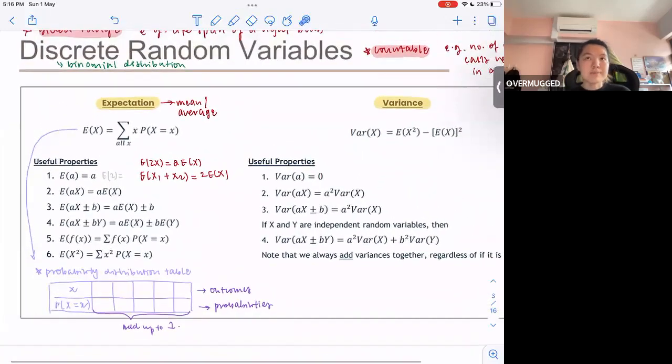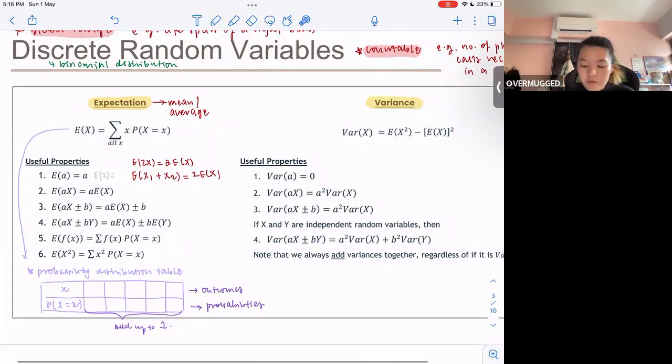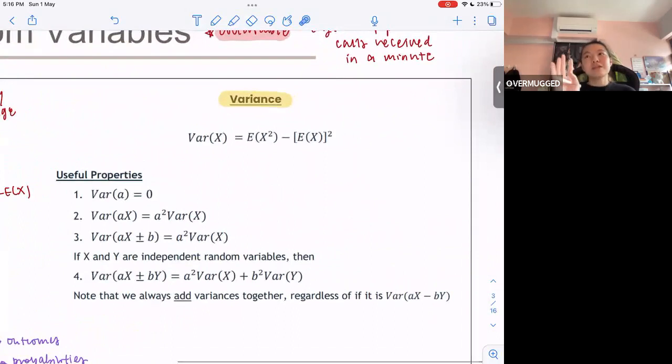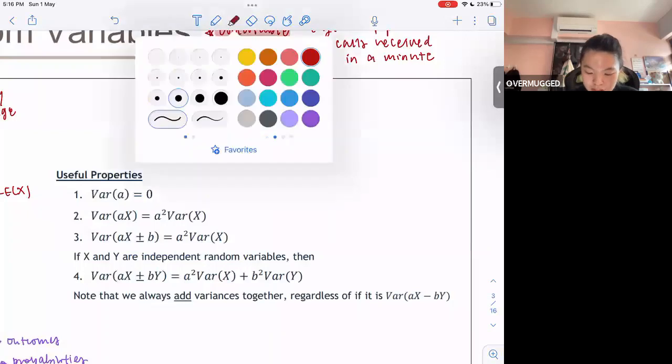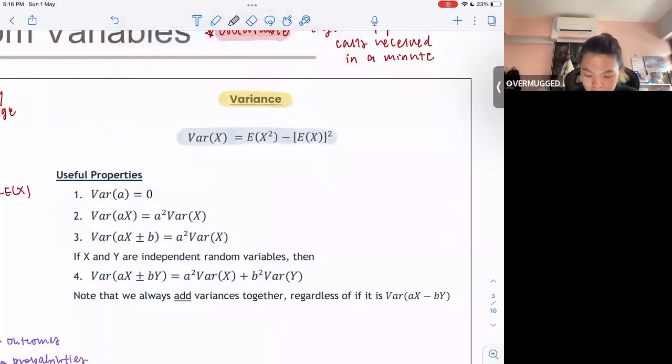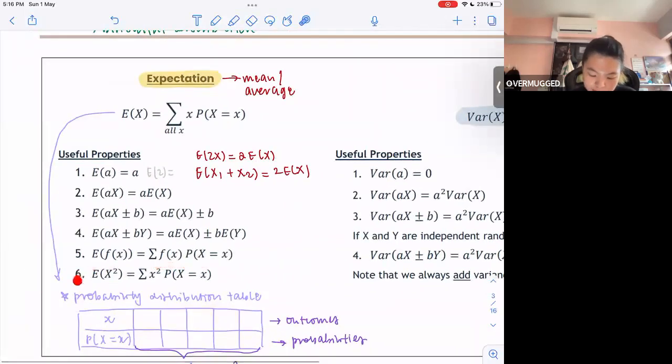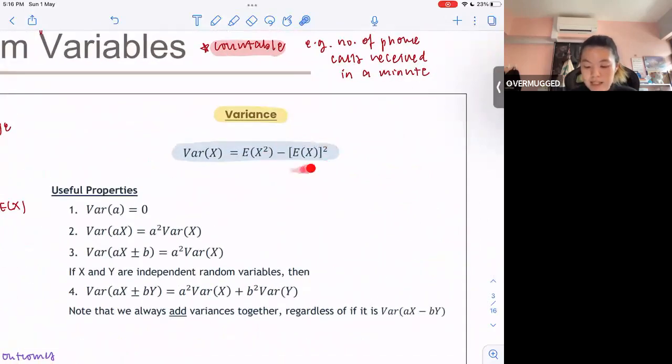So this is for expectation, which is really just your mean on average. You just need to know this formula and how to manipulate it with the given different situations, okay? For your variance, I know in many of your notes there are so many different equations, right? The most important equation that you need to know is really just over here. The variance is actually the expectation of x squared minus the expectation of x, squared, so mu squared, okay?